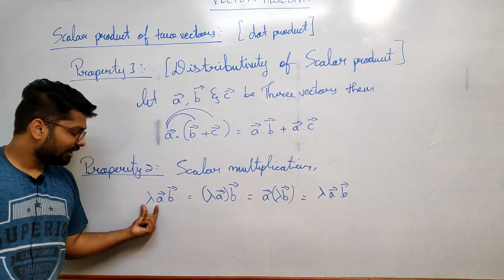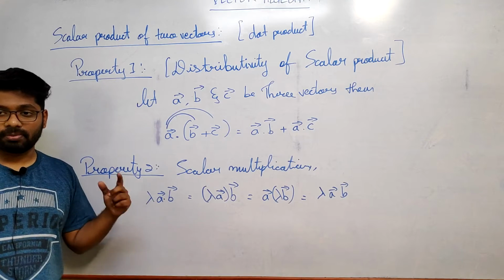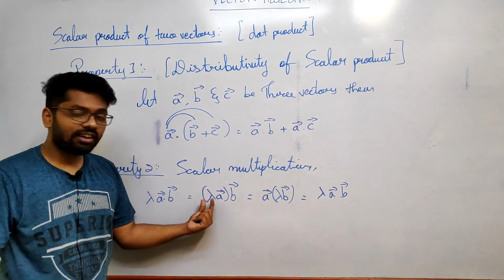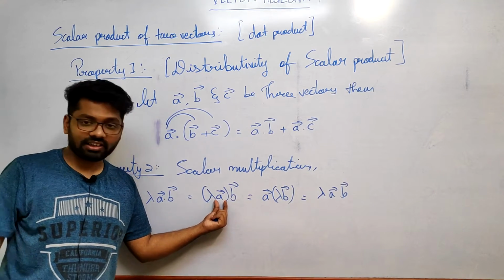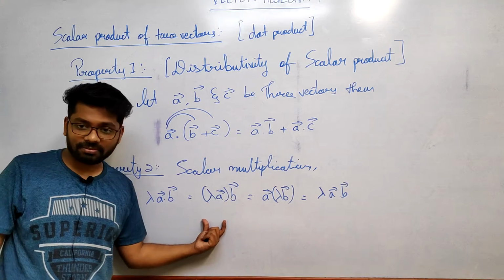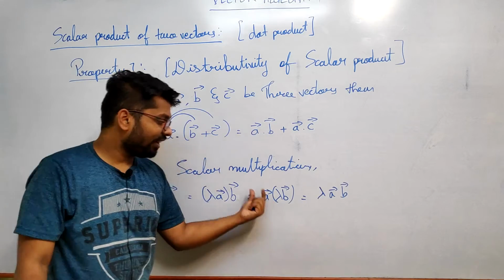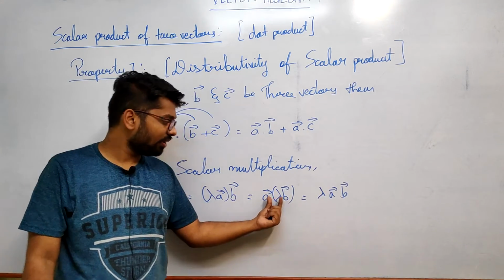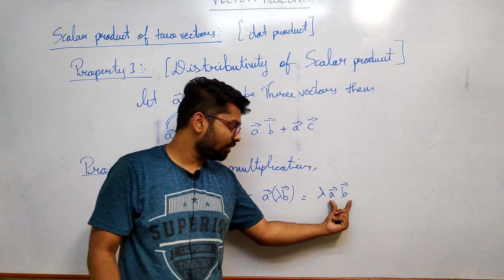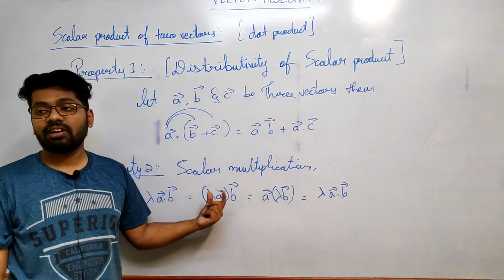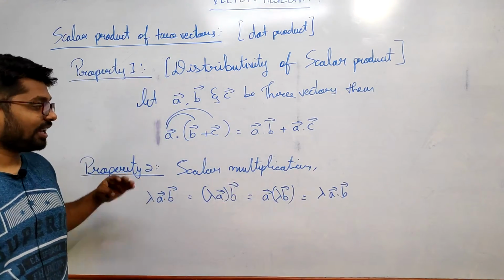Now just observe, lambda is multiplied with a bar dot b bar. If this is the usage, then you can do it in 2 to 3 different ways. Like लैम्डा को आप पहले ए वेक्टर के साथ मल्टीप्लाई कर सकते हो, उसके बाद में जो आंसर मिलेगा वो उसको बी वेक्टर के साथ मल्टीप्लाई कर सकते हो, और एल्स ए वेक्टर यू कीप एज इट इज, मल्टीप्लाई दीज टू, आंसर व्हाट यू विल गेट यू मल्टीप्लाई विथ लैम्डा, दैट इज आल्सो फाइन. और एल्स पहले इन दोनों को सॉल्व करो, बाद में लैम्डा के साथ मल्टीप्लाई करो, एवरीथिंग होल्ड्स गुड. And this is nothing but scalar multiplication.